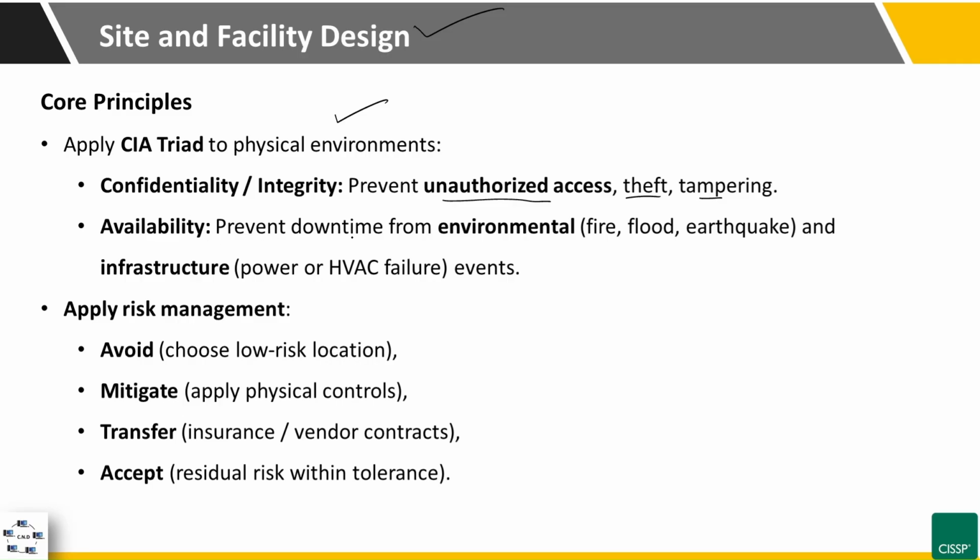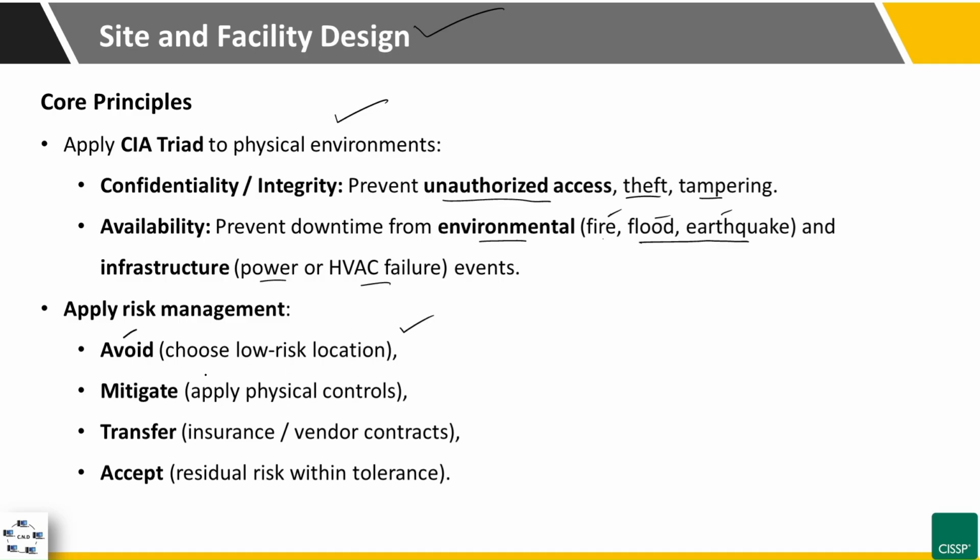The availability principle prevents downtime from environmental disasters such as fire, flood, and earthquake, and infrastructure disasters such as power or HVAC failure events. Also apply risk management mitigation techniques, as we studied. Maybe avoid the risk, which is to choose a low-risk location for your facility or design. For example, you can choose a location that is not prone to earthquakes, tornadoes, etc., so that you can avoid such physical